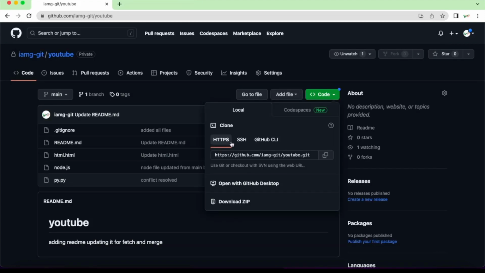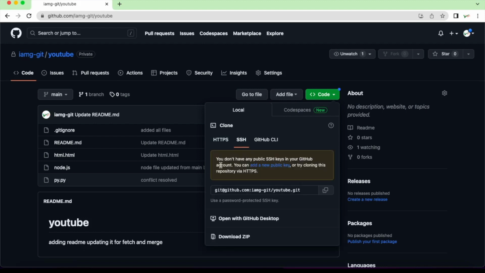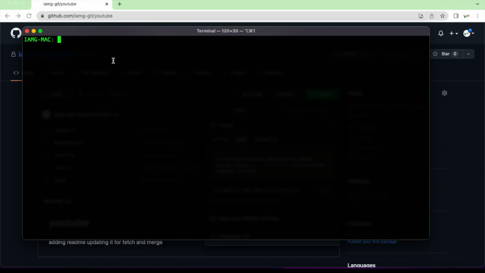We have been using HTTPS for fetch, pull and push. So now we want to set up the secure shell, right? It has not been set up yet. So how can we set that up? There is a command we need to use: ssh-keygen -t rsa -b 4096, then capital -C, and then you need to type the email address you want to generate the key for. So I'm just keeping it